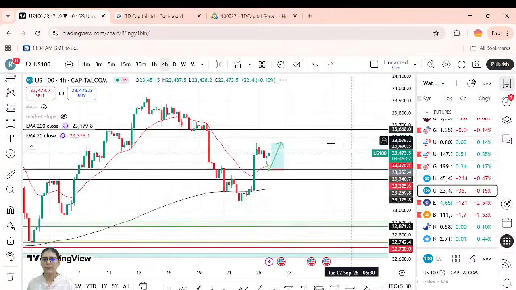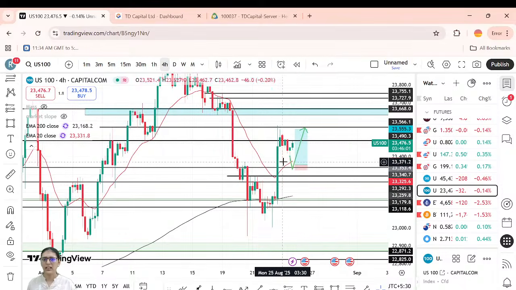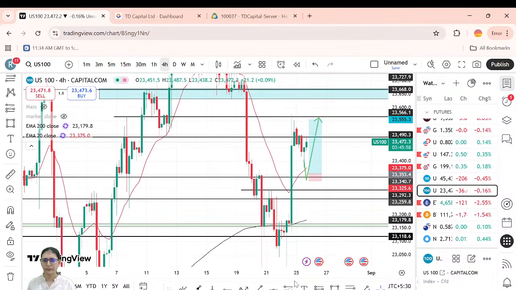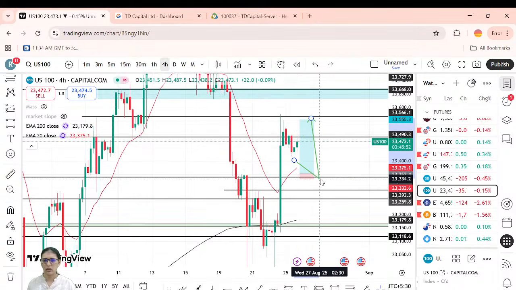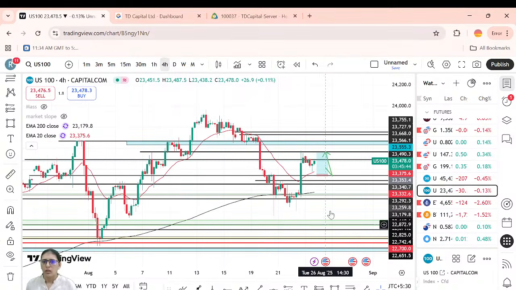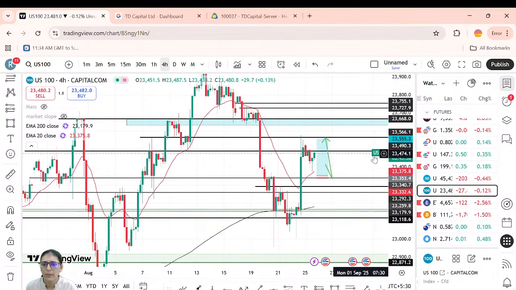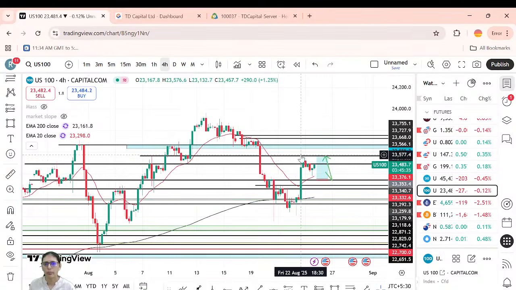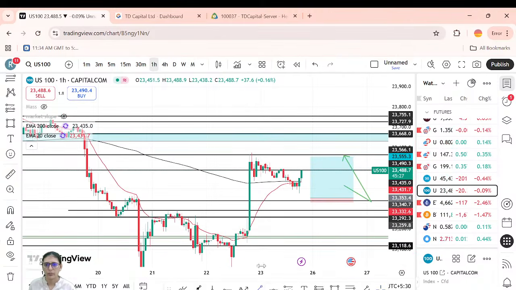All right, what is happening in US 100? Again, US 100, if you get a correction in US 100 till this area, it did come here, right? It did come down for a correction, as we expected, but it moved a little bit above from where we were expecting it to come. Yes, it has already done the correction and it is moving up. Now what we can do is wait for a proper breakout of this zone.